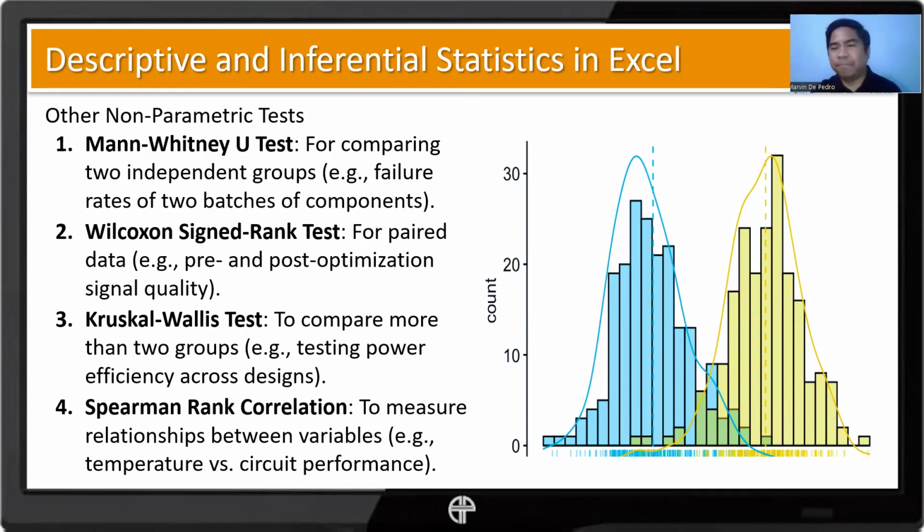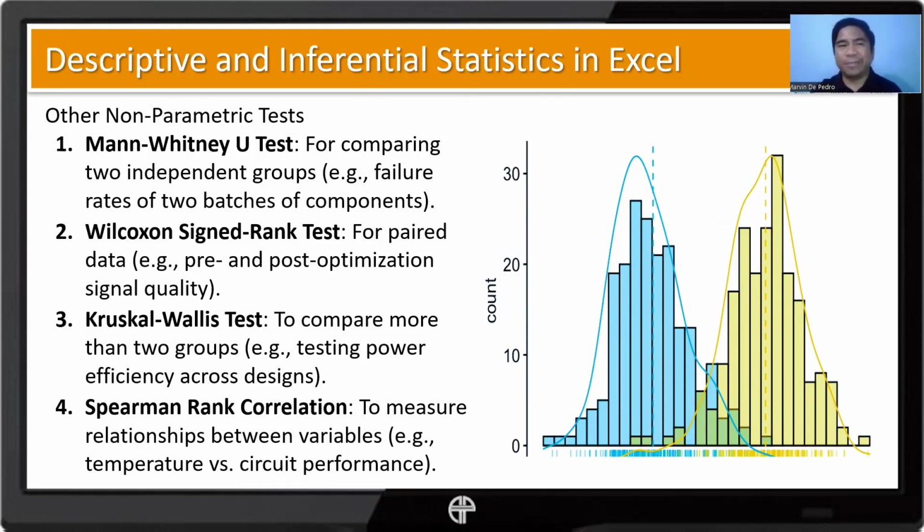Okay, and then this is just a side note. Just in case you fail to make your distribution normal, or there's no way for your distribution to be normal, then you don't have to force things. Just consider performing non-parametric tests instead.